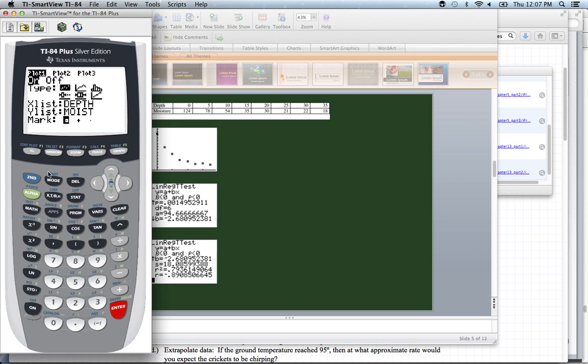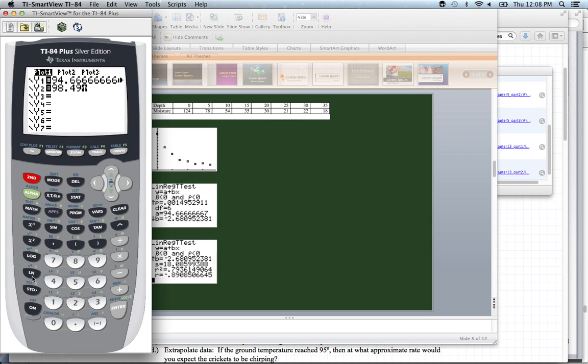So I'm going to go back to the original data set. I'm going to go into my Y menu. Now remember, in Y1 I have the best fit line for the data, and now I'm going to put in the best fit exponential function for the data, which is going to be 98.49